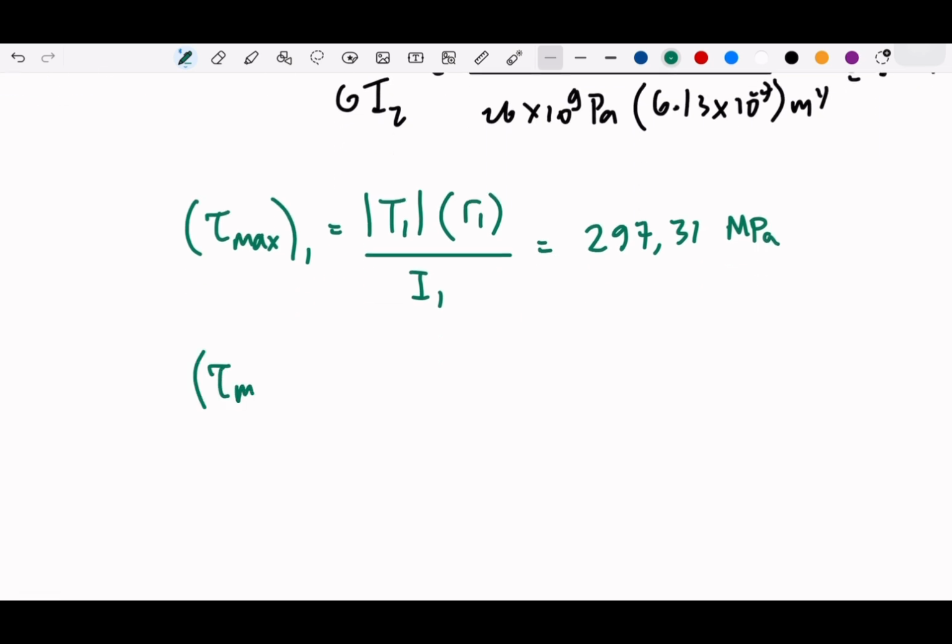and do the same with the element 2, means that this is T2 radius 2, and then inertia. Don't forget that this is radius, not diameter. So you need to divide by 2. Okay, this will be equal to